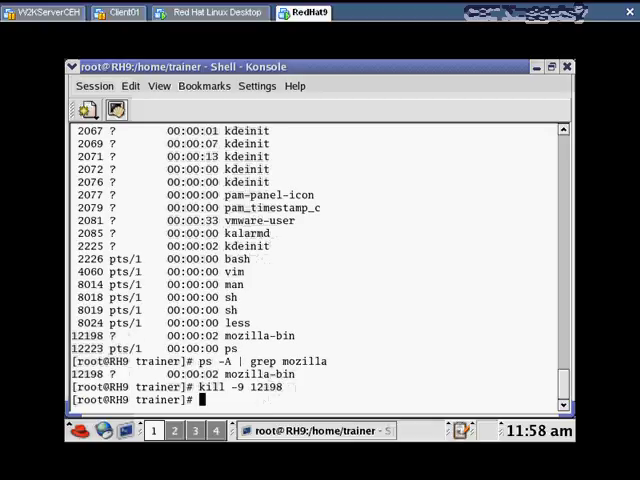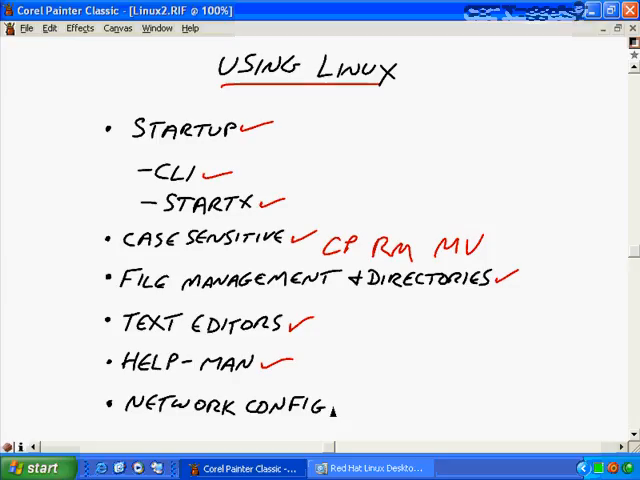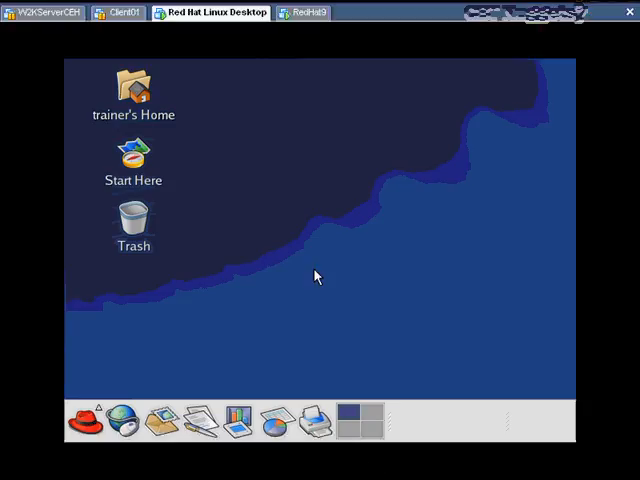121998. And enter, and now we see down here at the bottom, we don't have that browser running anymore because we have successfully killed it. Let's address another thing you'll need to be acquainted with as well, and that is the network configuration for your Linux box. As we go into Linux here, we'll see that there's not really a network neighborhood on the desktop